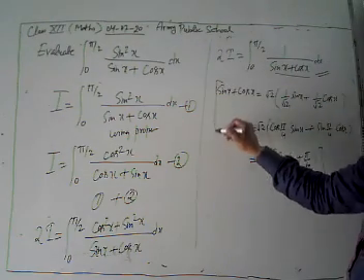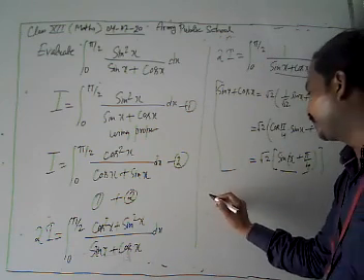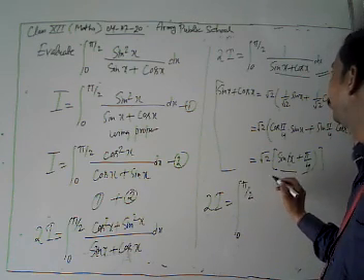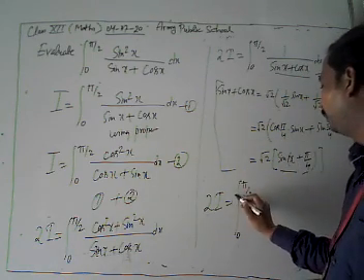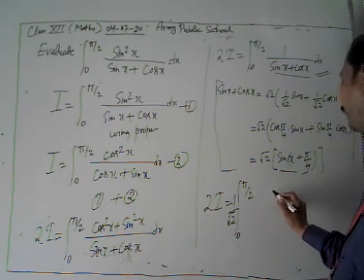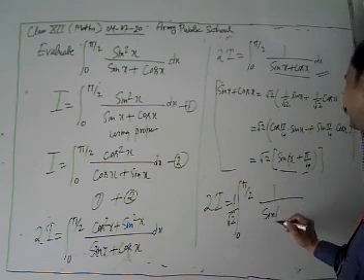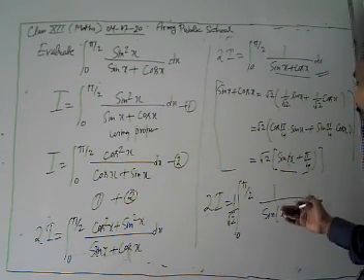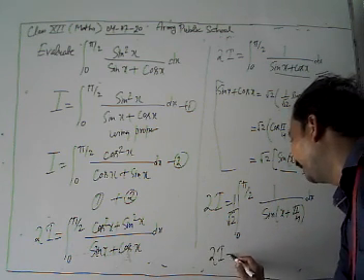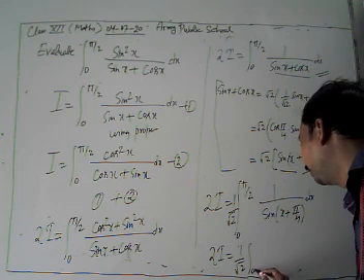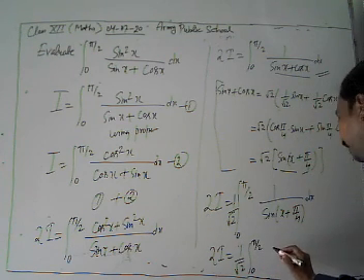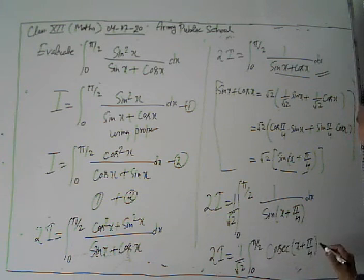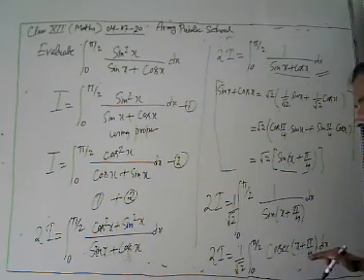So now, using this, our integral changes to 2I equals the integral from 0 to pi by 2, taking this root 2 common, 1 by root 2, then 1 upon sin(x plus pi by 4) dx. Now what is 1 upon sin? It's cosec. So 2I equals 1 upon root 2, integral from 0 to pi by 2, cosec(x plus pi by 4) dx.